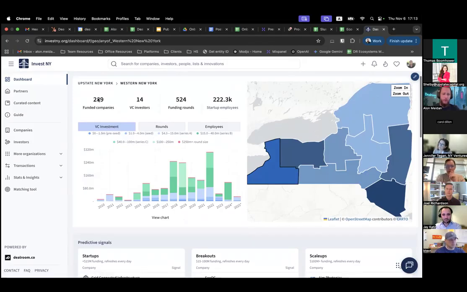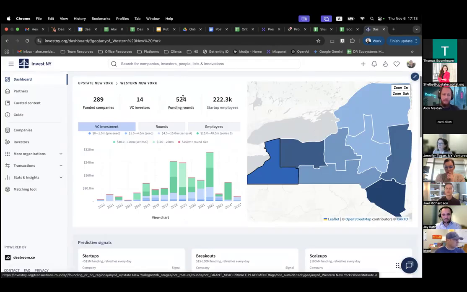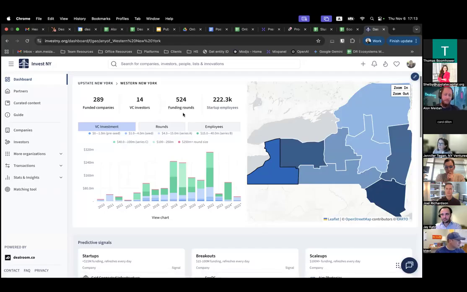And of course, you can always click either the number or the link down below, which will take you to a different tool, which I'm going to show you in a bit. Good thing to remember is that almost every number or definition you see on this platform is a hyperlink to somewhere where the data is.